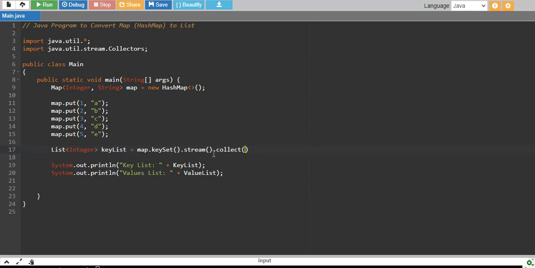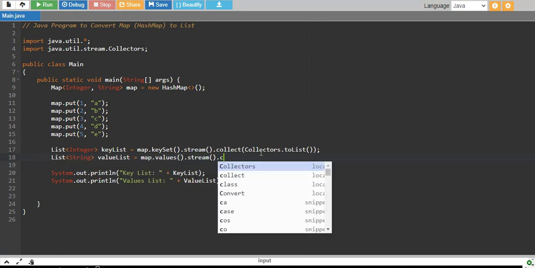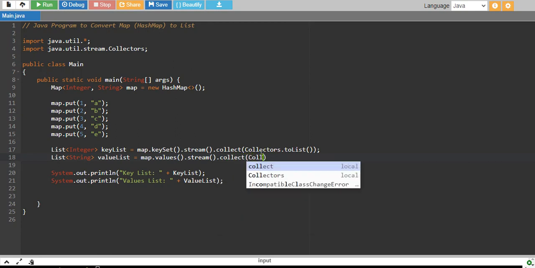So I'll say collectors dot toList. So this will first stream the keys and then collect them and convert them into a list and store it into a key list, which is again an integer data type list. We'll do the same for values as well. So I have value list equals map dot values dot stream dot collect, and I'll say collectors dot toList.